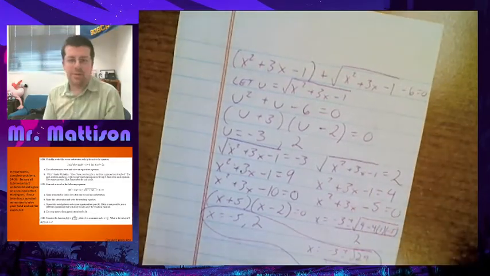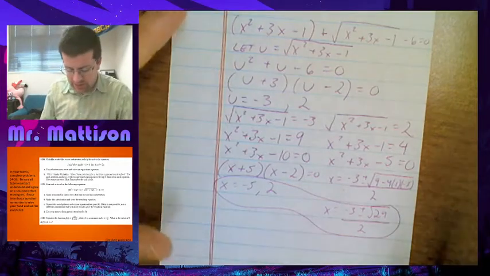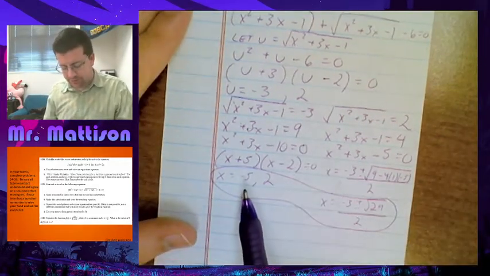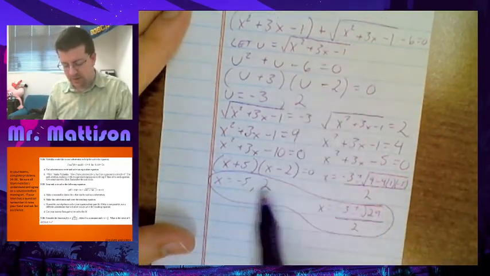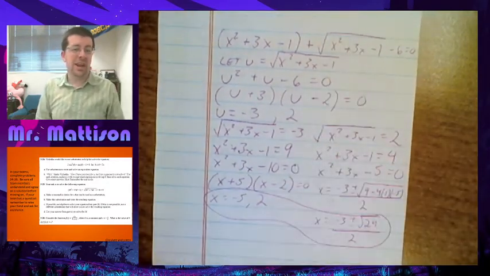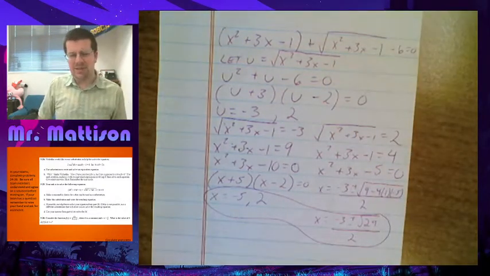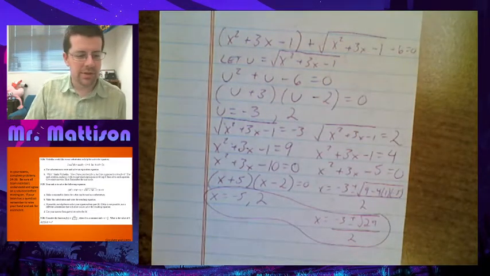It all works out. Okay, so we're good. It probably wouldn't give you one of those here, but you need to check and make sure that none of these answers would cause the original to give you an imaginary solution here, but they don't. So which makes sense because they typically wouldn't give us one of those. All right,